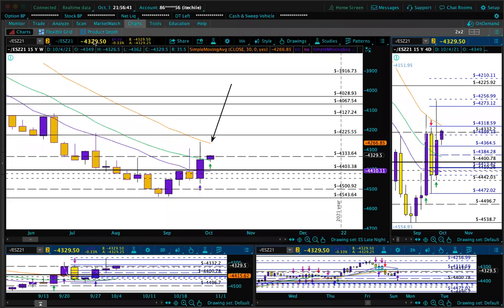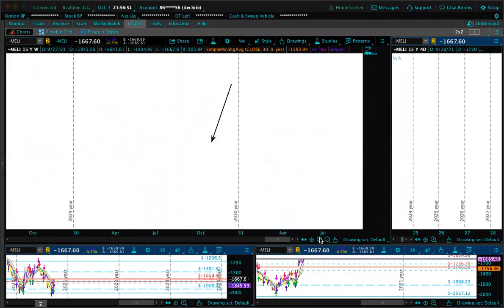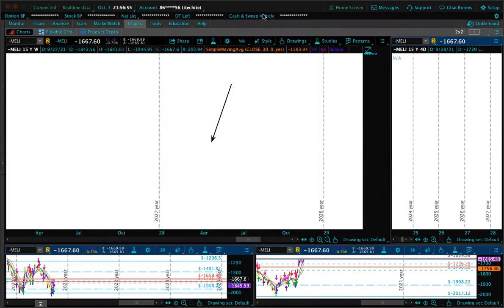Now, the next thing I want to get to is MELI. Why is MELI my focus? Because MELI has been the guide for me to confirming the market's move. How? MELI has not budged. And if you look at the chart,